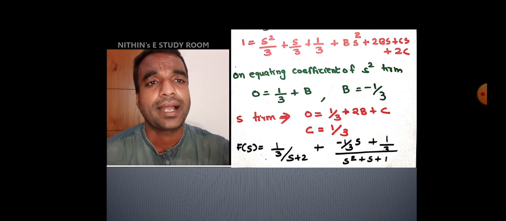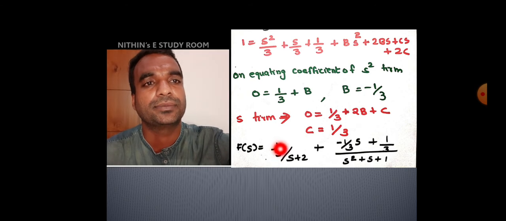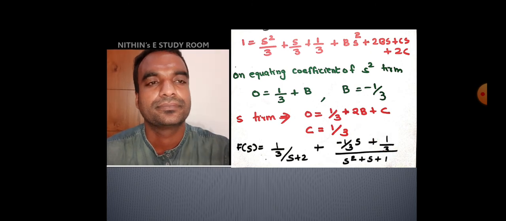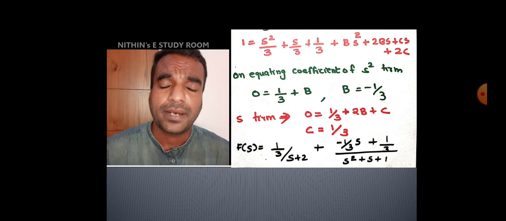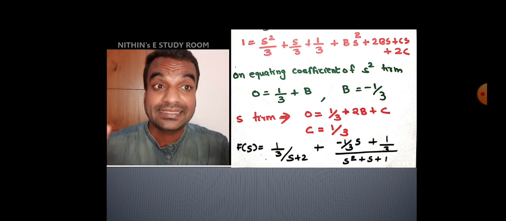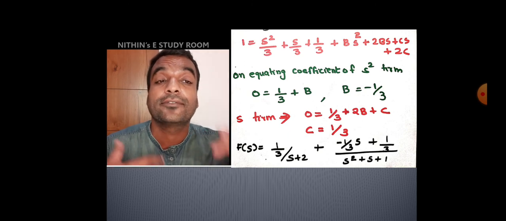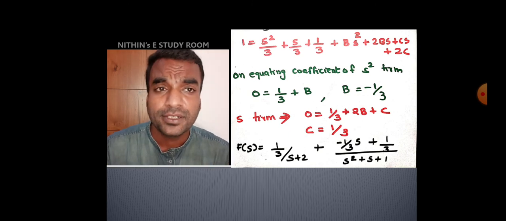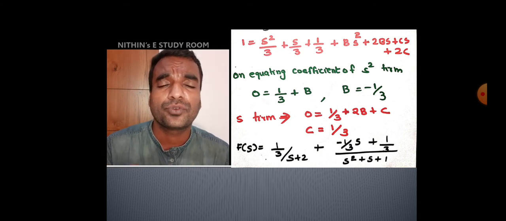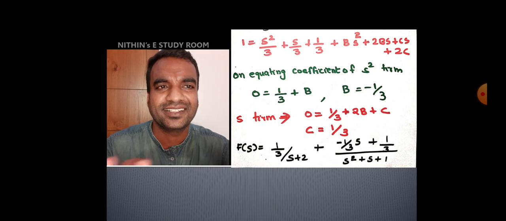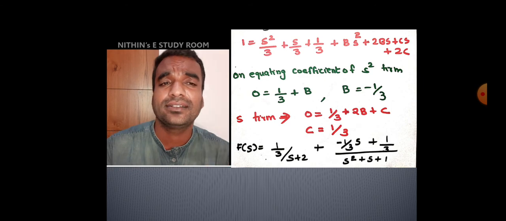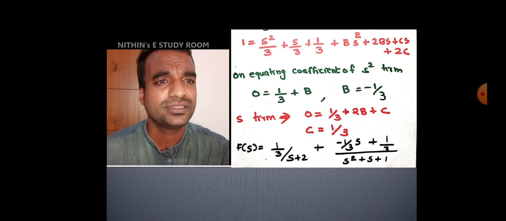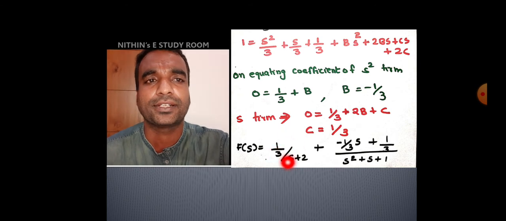So substitute those values back into the basic f of s equation: substitute A here, b here, and c here. This is the basic f of s. Partial fraction is over. But this type has some more difficulty for converting to the time domain. For the inverse Laplace transform, you have to do some manipulations in the equation to convert it to standard Laplace inverse formats, because this is in standard format, 1 by 3 into e raised to minus at.